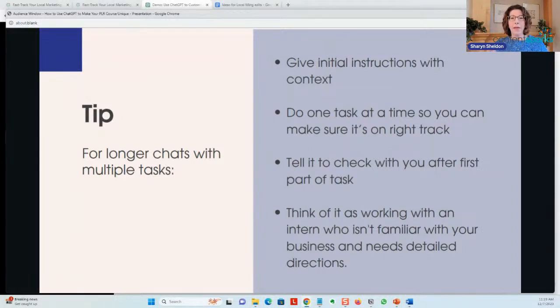So the way I think of it, as I mentioned before, is think of it as working with an intern who isn't familiar with your business and needs very detailed directions. This isn't a person. They're not going to get upset if you give feedback. It will just keep on going. So don't worry about offending it,